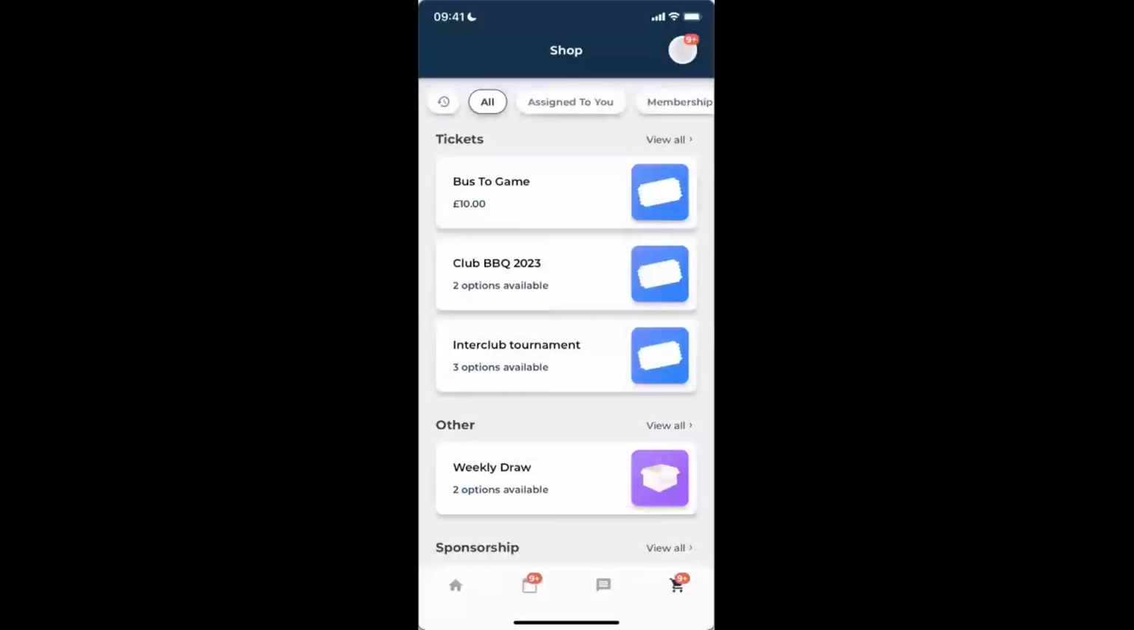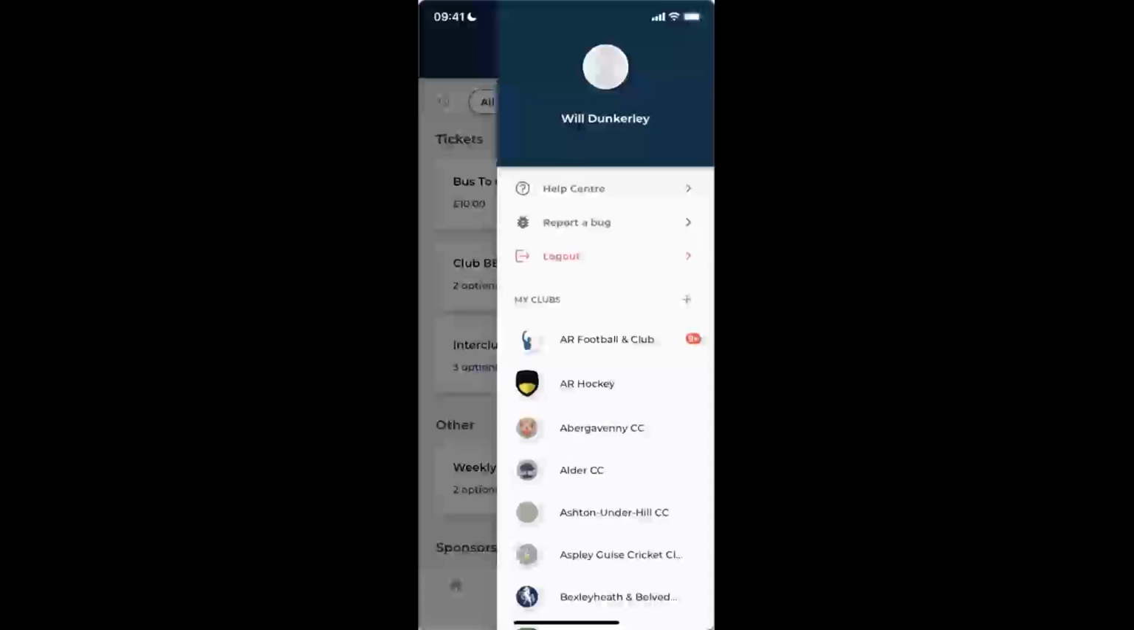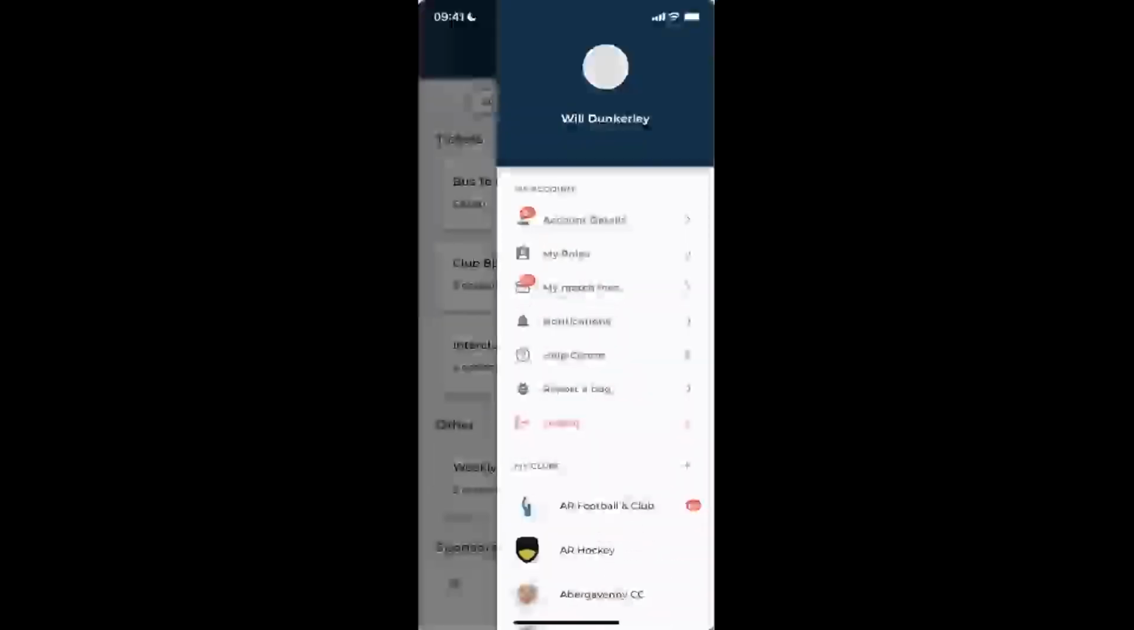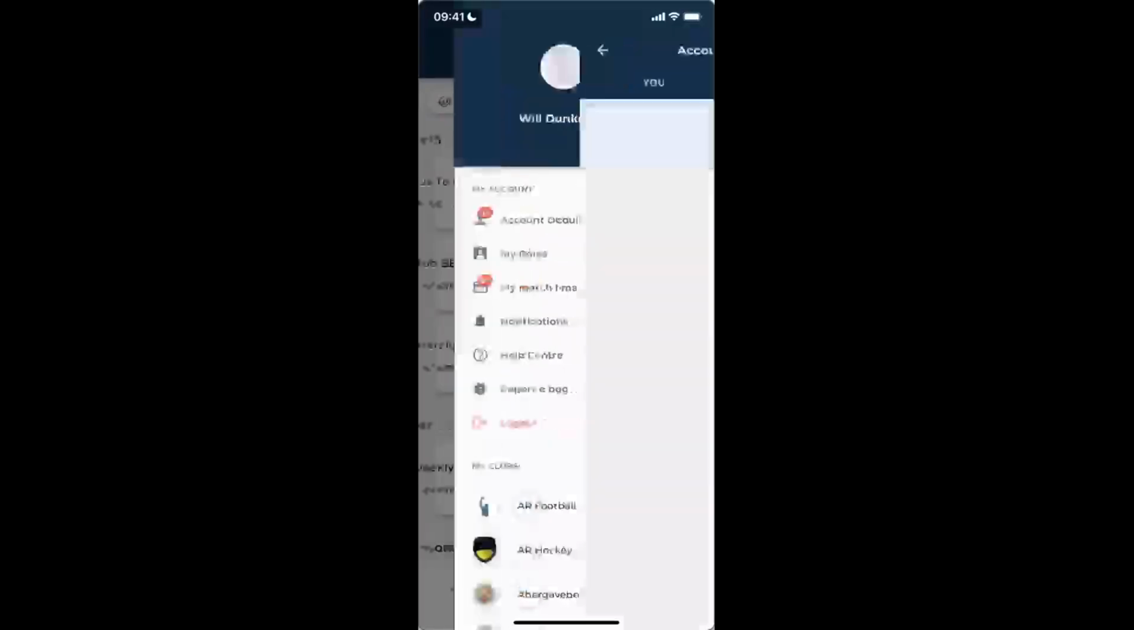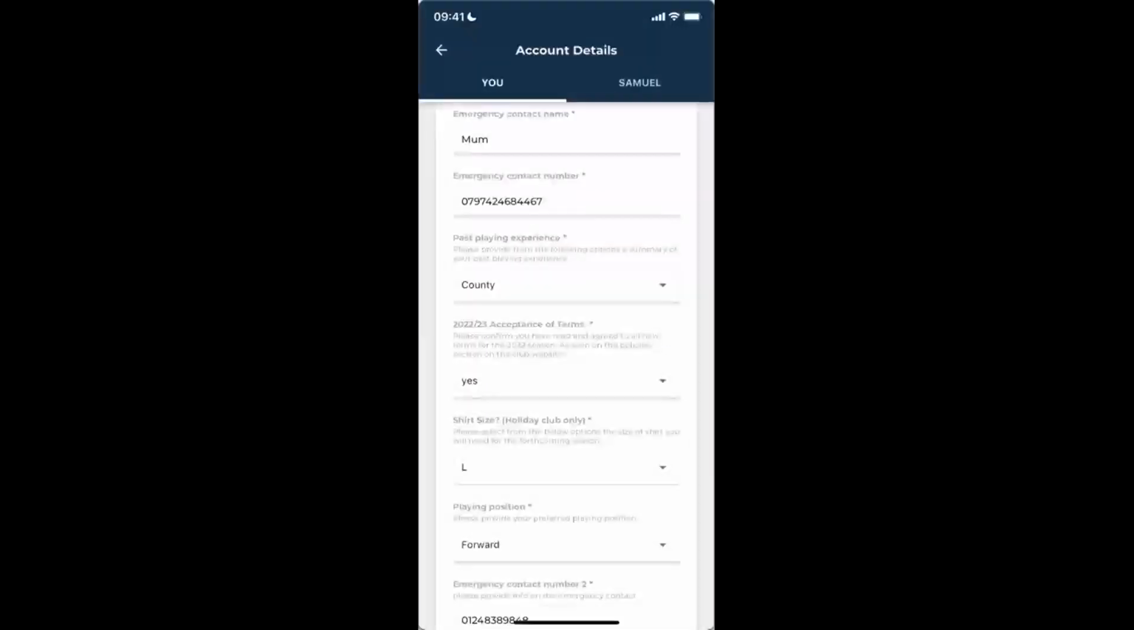And then we'll move into the top right here. This is the last bit. Obviously, members, if they're a member of more than one club, they can toggle between their clubs within this section. However, the main things within here are the account details and the roles. So account details, if I go into that, you've then got a whole host of information in here. These are all then the club's